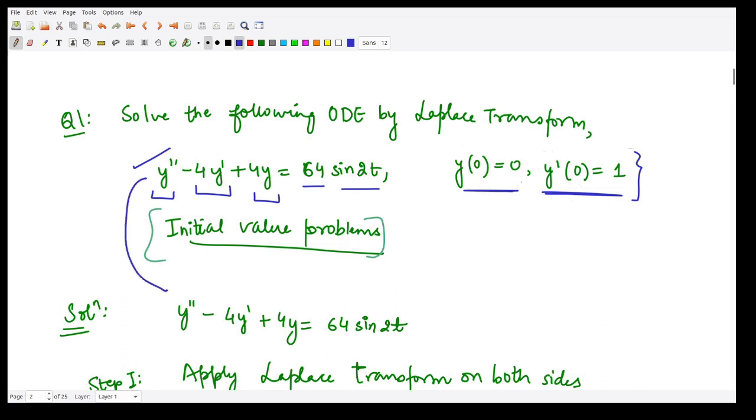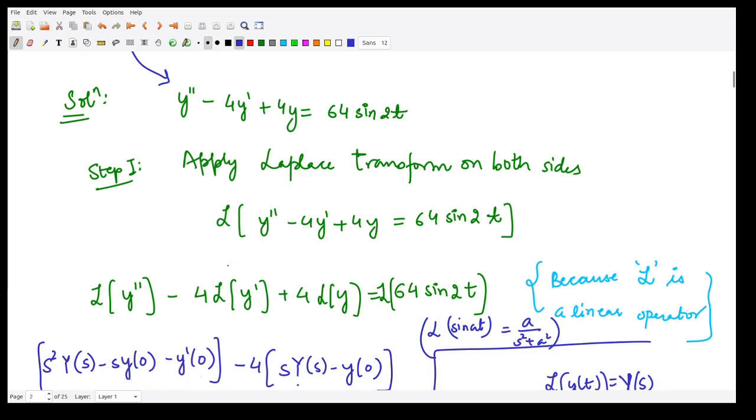So for that, this is our equation. The first step is the application of Laplace transform on both sides of this equation. So when you apply Laplace transform on both sides of this equation, you will have Laplace transform of this whole equation. Now because this is a linear operator, you can write this to be the Laplace transform of individual terms, where you have taken out the constants. Why? Because this is a linear operator, so you can separate out all the terms, right? So now